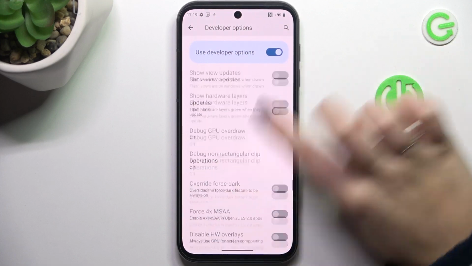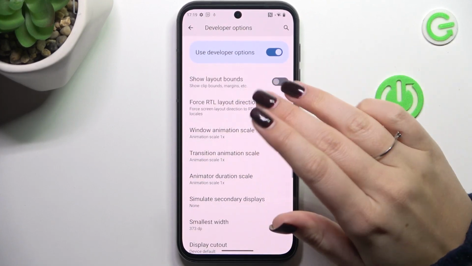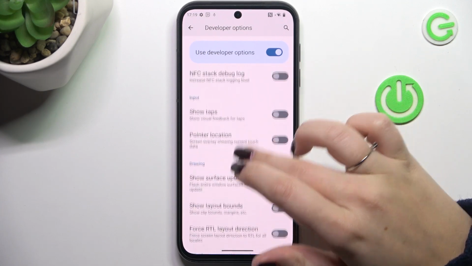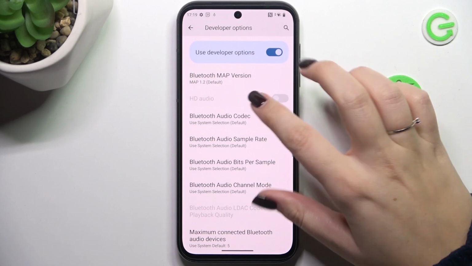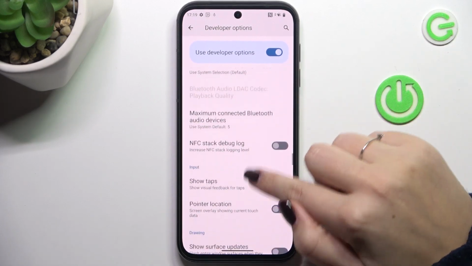And here, as you can see, we've got plenty of advanced settings which we can customize. So for example, we can manage the background check, show surface updates or layout bounds, change the transition animation scale. Here you've got the options which are connected with the networking, so a lot of options to choose from to